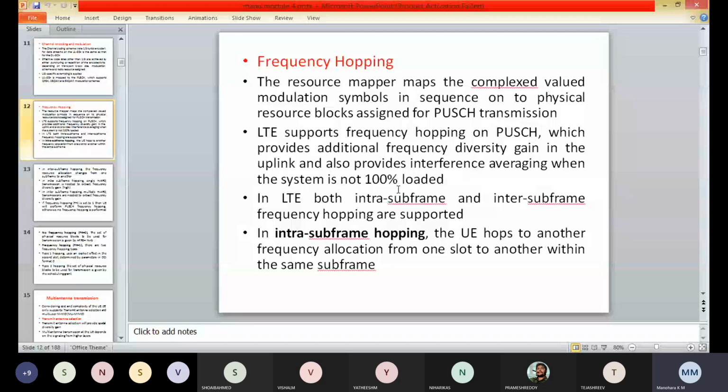The two distinct steps are channel coding processing and modulation processing. In the channel coding processing, what are the elements? Can anyone specify the elements of channel coding processing? There are five elements.